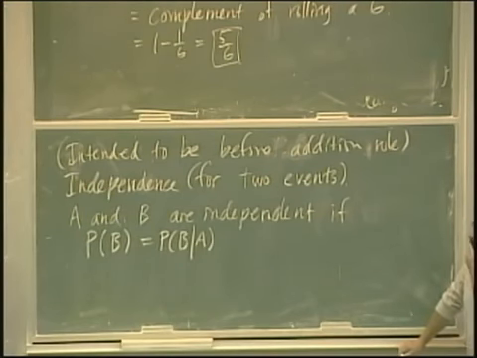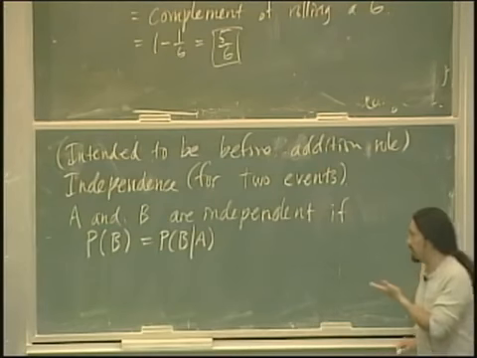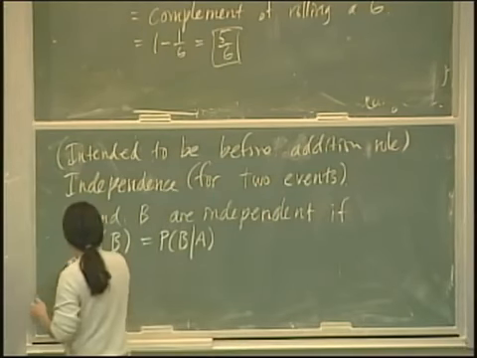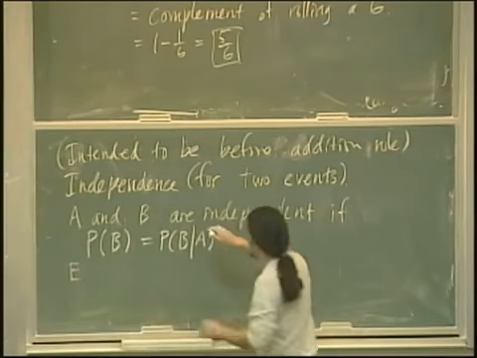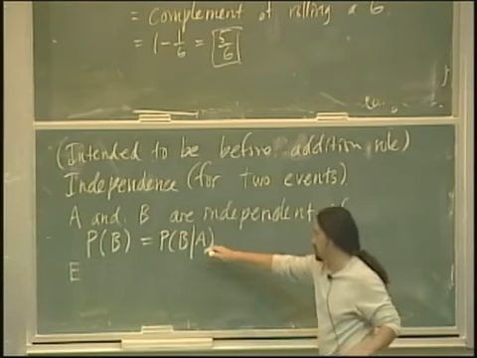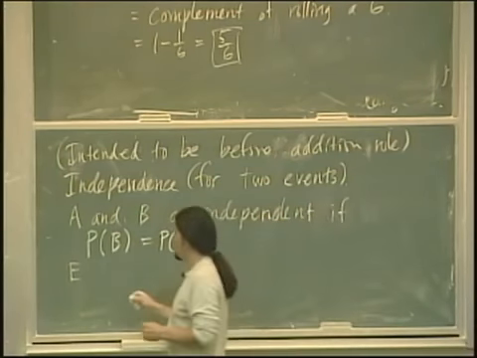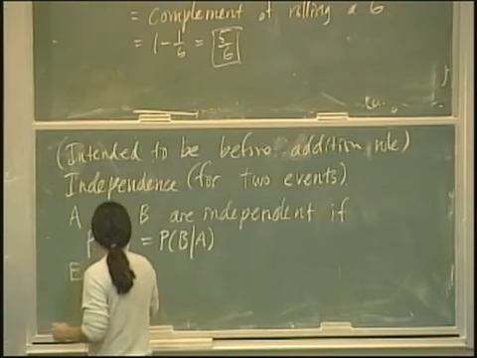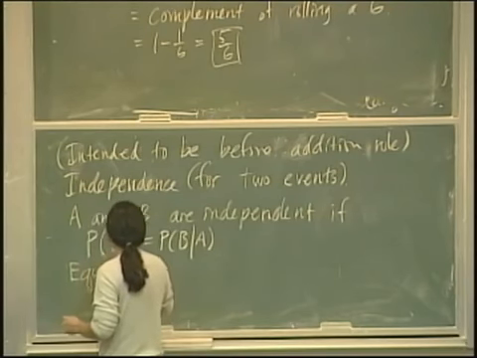That's the usual way of writing it, and that's a definition of independent. So if they're independent, then this is true. If this is true, then they're independent. So equivalently,